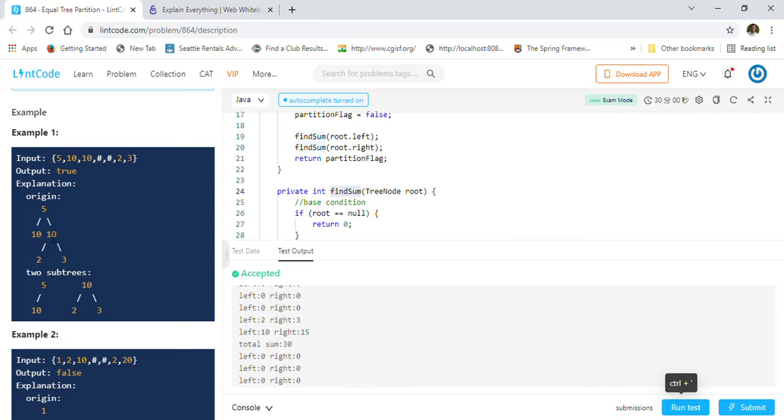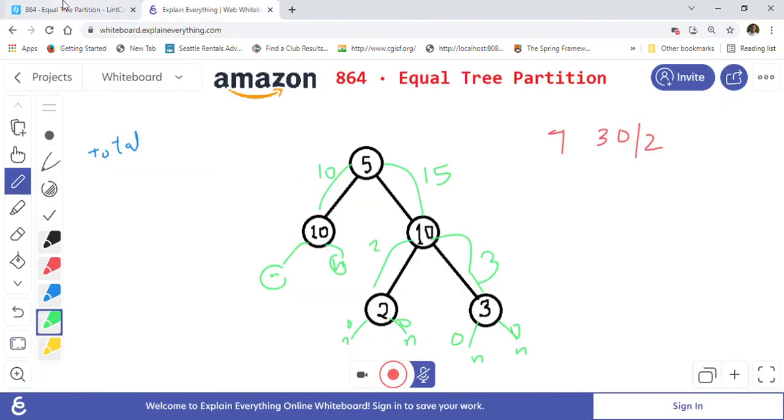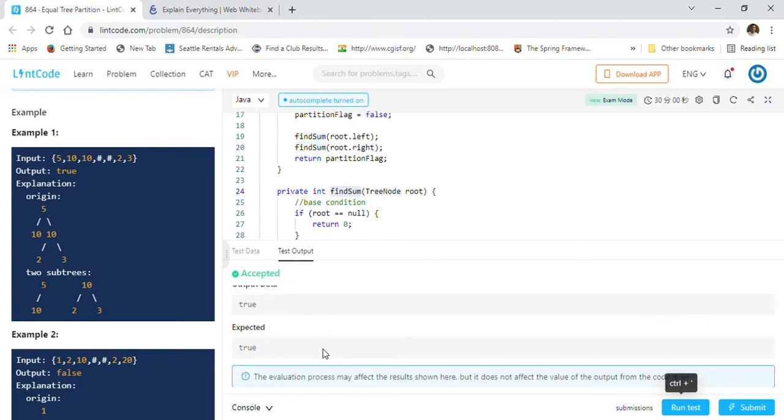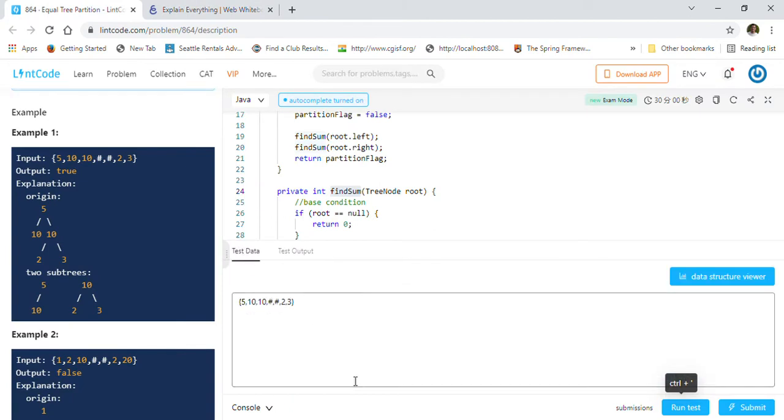When it reaches 10, 10 plus 2 plus 3 becomes 15 on the right side. The total sum is 30, and 30 divided by 2 is 15, so it is an equally partitioned tree. So it returns true. That's how it works.